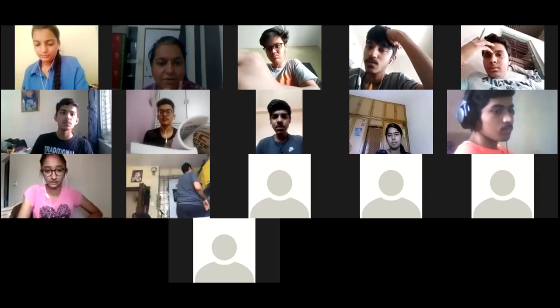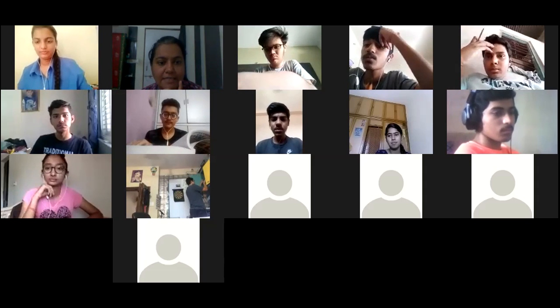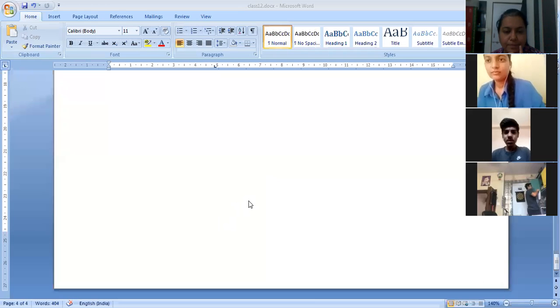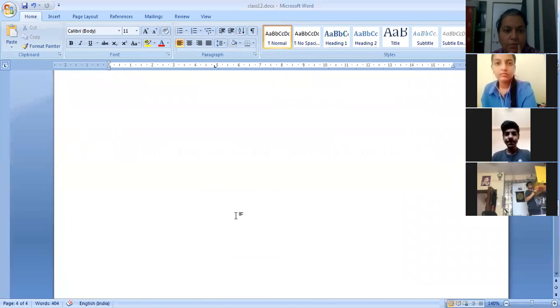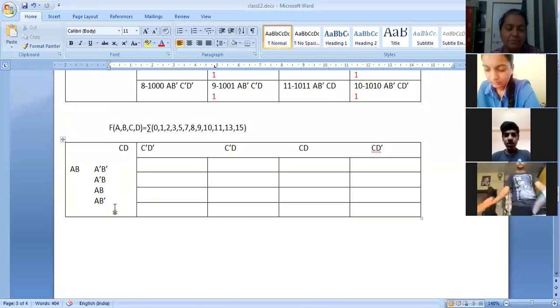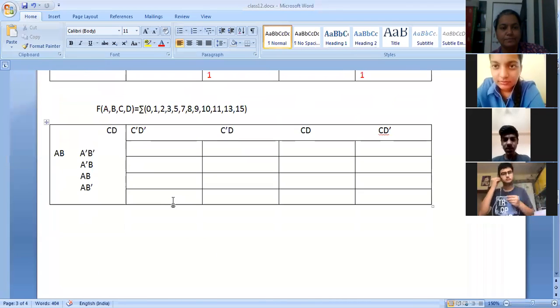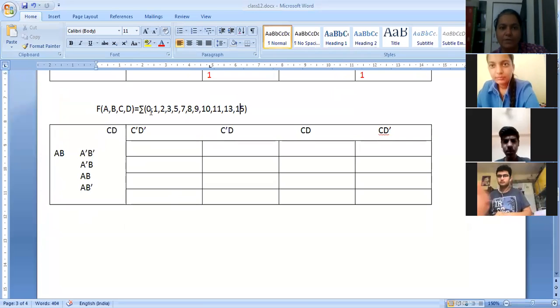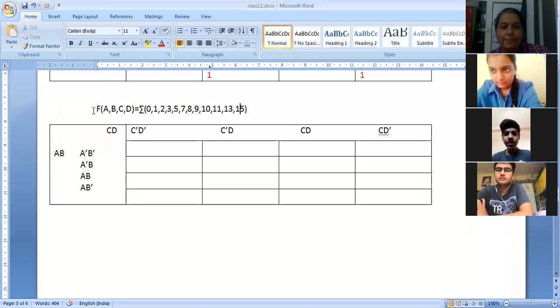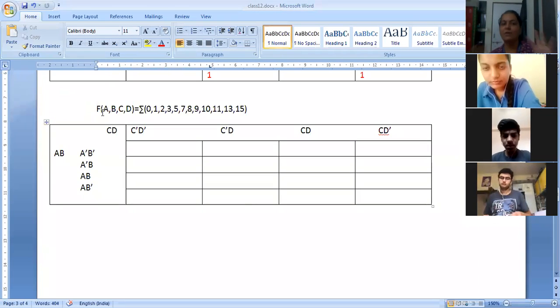Okay, now what we are going to solve today is this question. Yes, this question we are going to solve. I hope it is visible. Is this visible, this question, or do you want me to increase the font size? It's visible, right? Visible. So now here, this is the question. Now this question is asked for 5 marks.